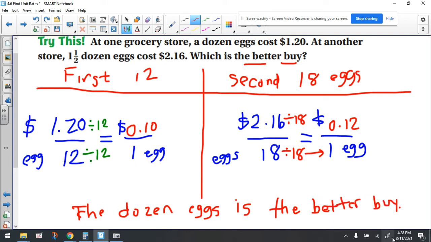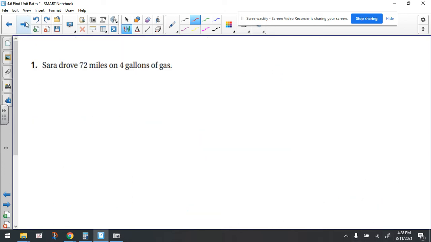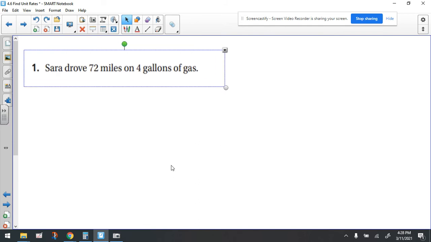All right, a little tough to write with a mouse, but I think I'm doing all right. All right, let's take a look at some of these more simple questions where you just have to find the unit rate. All right, so the directions are missing here, but basically they're asking us to find